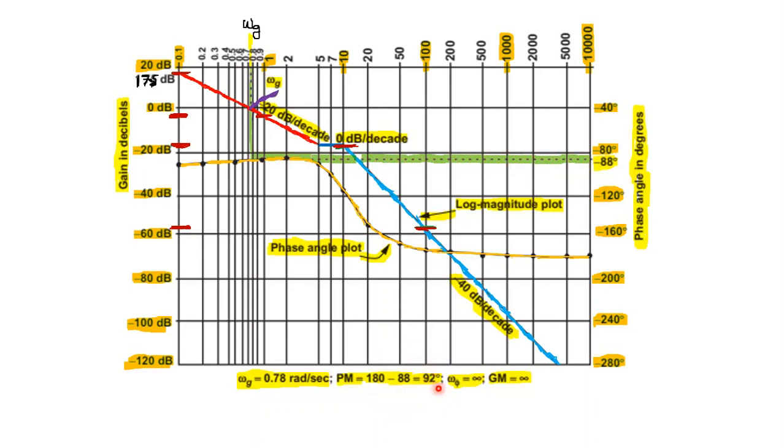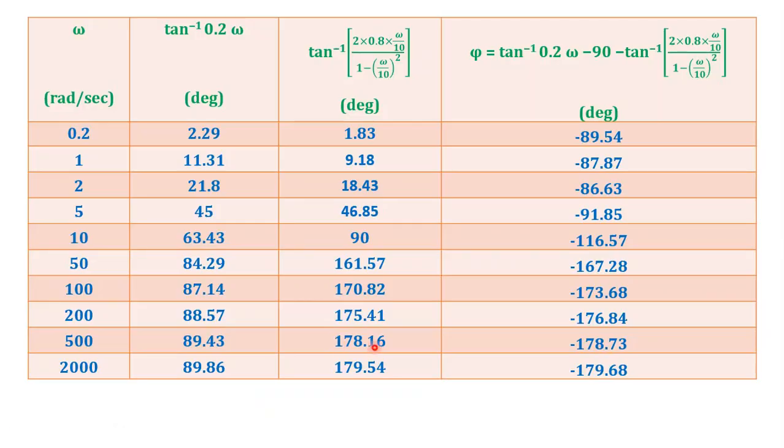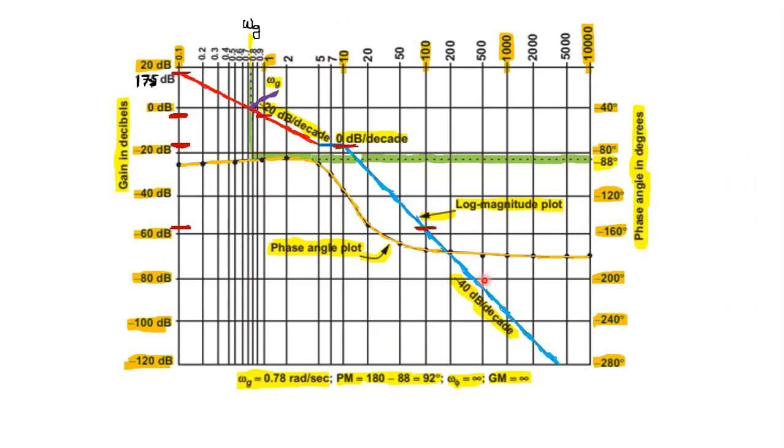Now we need the gain margin. How to find out the gain margin, sir? We have drawn the phase angle plot. Where the phase angle plot cuts minus 180, we know very well that it is going to cut minus 180 only at infinity, not at 10,000. In fact, at 10,000 it comes closer, to minus 175. So ideally speaking, theoretically speaking, it is going to be at infinity. So omega pc, the phase crossover frequency, is infinity.